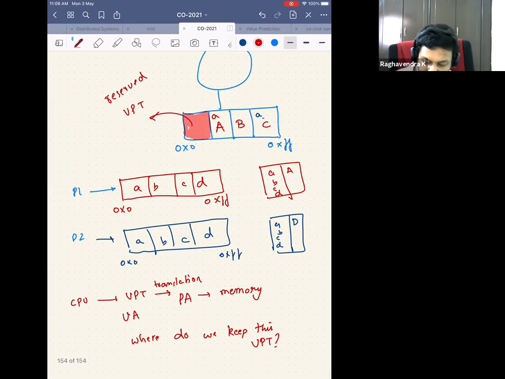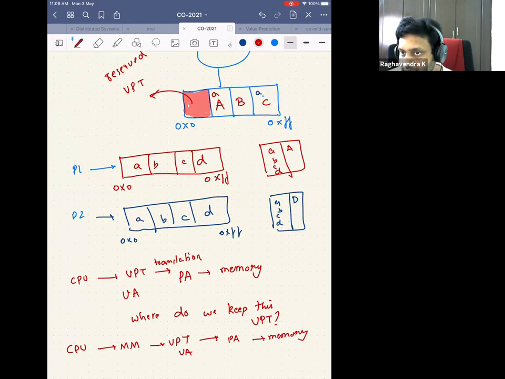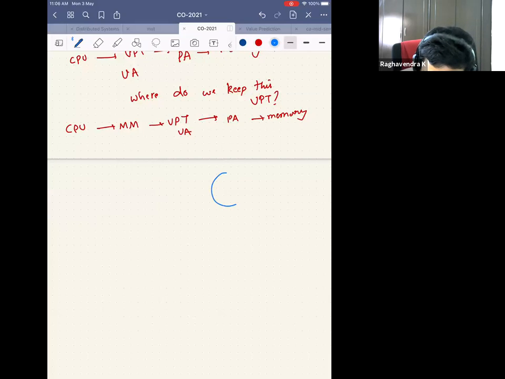So now when the CPU generates an address, I have to go to the main memory. And then I use the virtual page table to get the translation from virtual address to physical address. And then I access the main memory again. This seems fine. I'm just accessing the memory twice. But then the challenge is, what happens if I have a cache here, right?